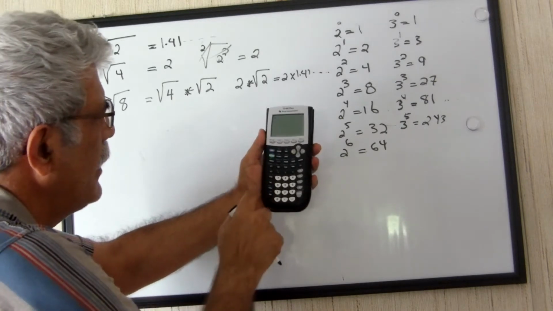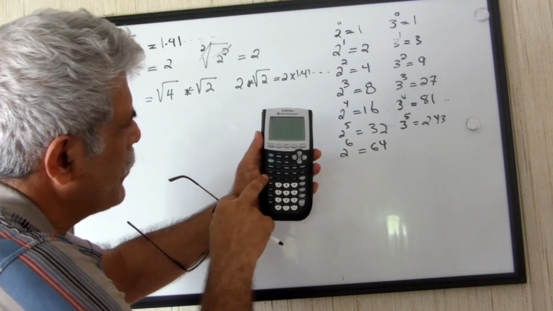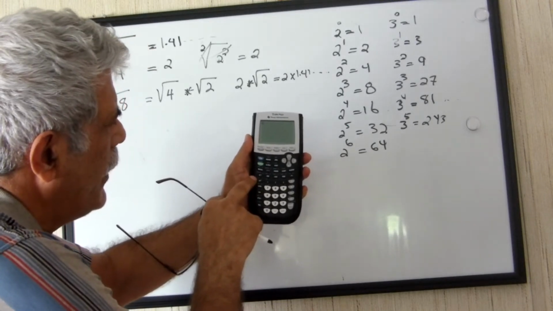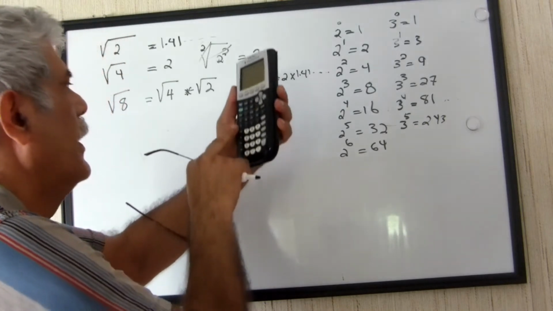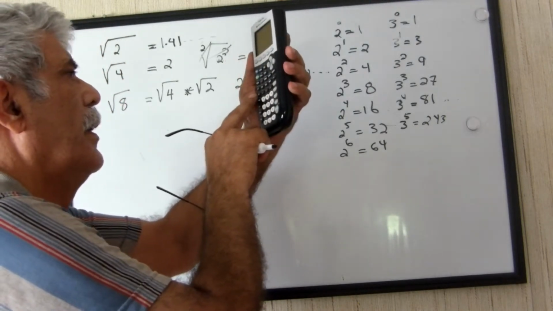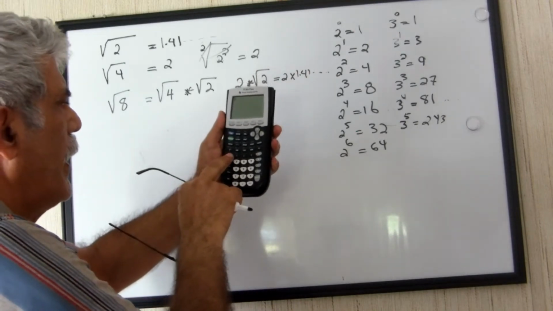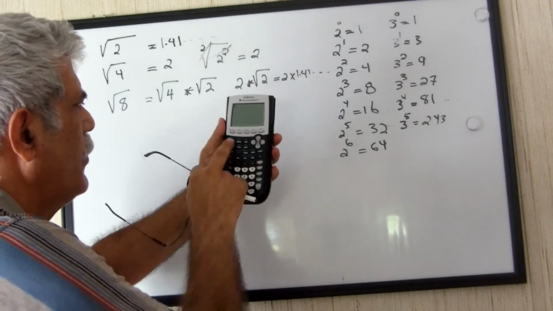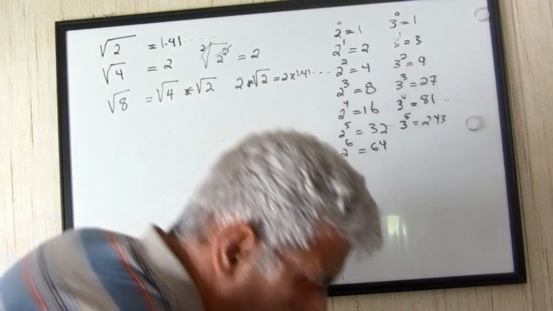You put second, and here the x squared, the one that you see is radical, and number alphabet I. If you put second, this one is going to show the square